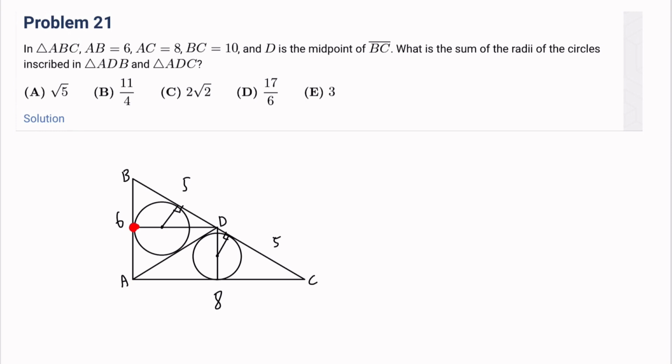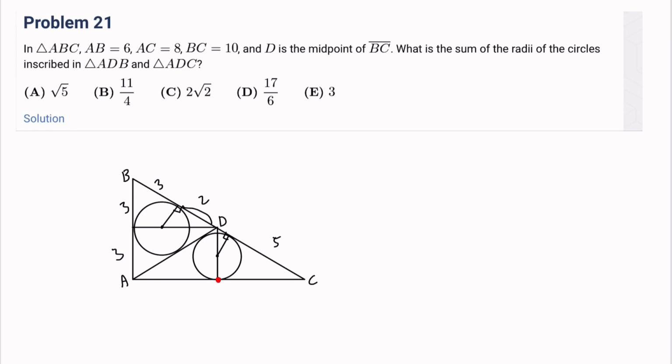This point is at the midpoint of AB, right? And so if we cut AB in half, then this would be 3 and 3, right? And so since this much is 3, this much would also be 3. So 5 would be split into 3 of this much, and this much would be 2. And by the same reasoning,